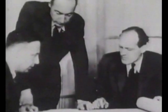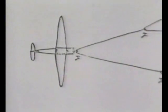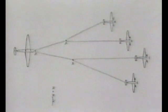Professor William Messerschmitt himself sketched the design. A giant glider capable of carrying tanks, artillery, or 200 fully armed men. It was to be towed by no fewer than 4 aircraft. Immediately, the company received an order for 200, and in great secrecy, construction began at Leipheim near Ulm, where in